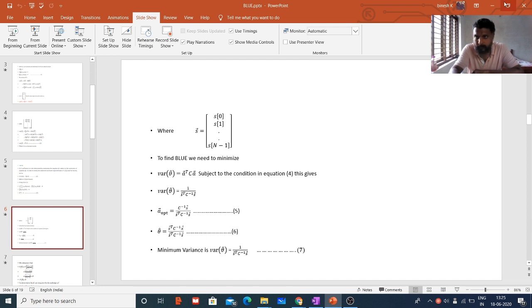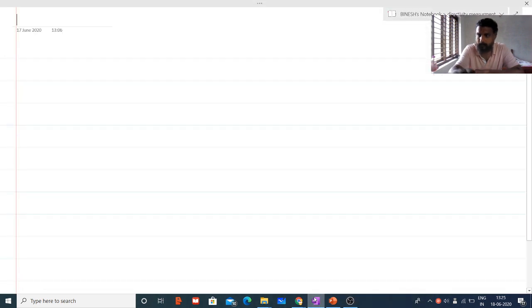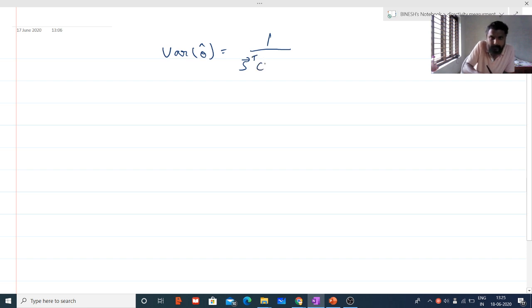We stop here. Okay, I'll just see. We will just take this one. Okay, how we are getting that one. How we are getting the variance of theta cap. Our procedure is to get the variance of theta cap, which should be equal to 1 by S transpose C inverse into S,